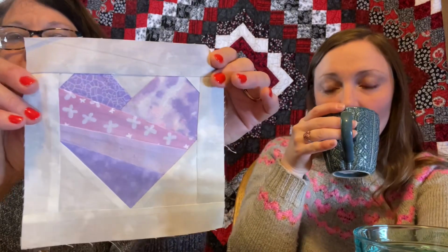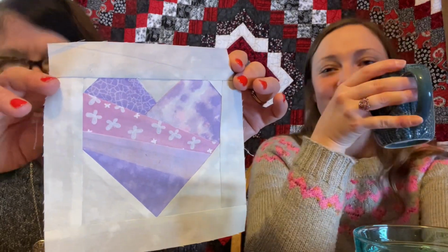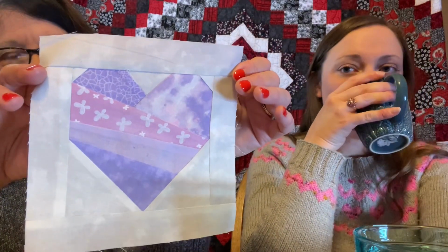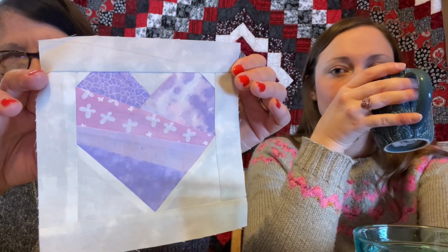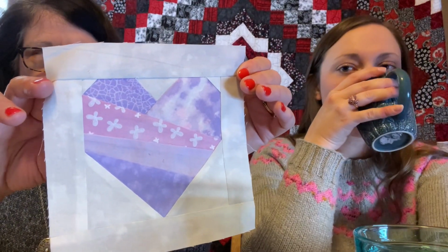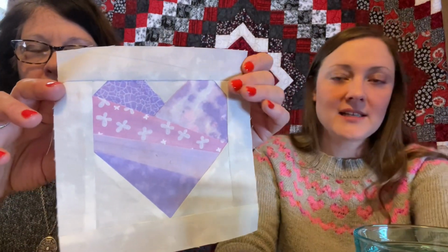All right, WIPs. What you got? I got this here sitting on the table. Pretty. I think I'm making a quilt like this. I've only got 4 blocks made, but I'm just not settled on it; it takes forever to make one block for me right now. It's paper piecing. I don't know if it's English paper piecing or just paper piecing. I don't really know the difference right now. So you might want to explain what that is, because nobody's...